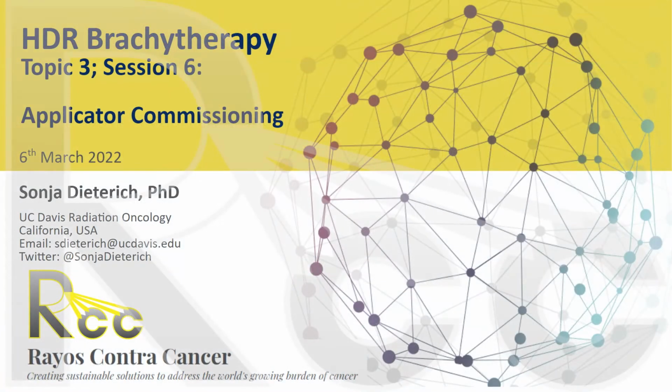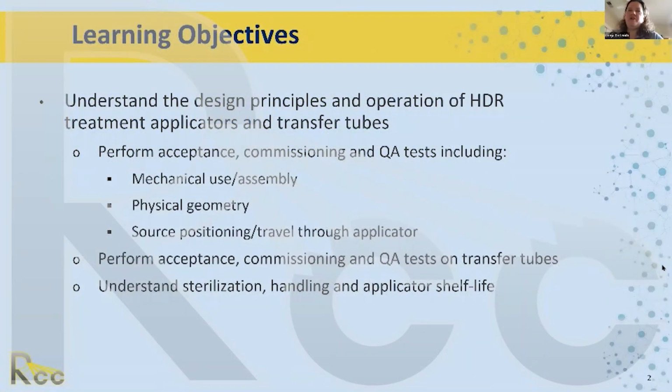Training objectives today. We want to understand the design principles and operation of HDR treatment applicators and transfer tube. And we're going to talk about how to perform acceptance, commissioning, and QA tests. That includes the mechanical use and assembly, the physical geometry, the source positioning and travel of the source through the applicator, and also quickly talk about how to perform acceptance testing, commissioning, and QA on transfer tubes, which is